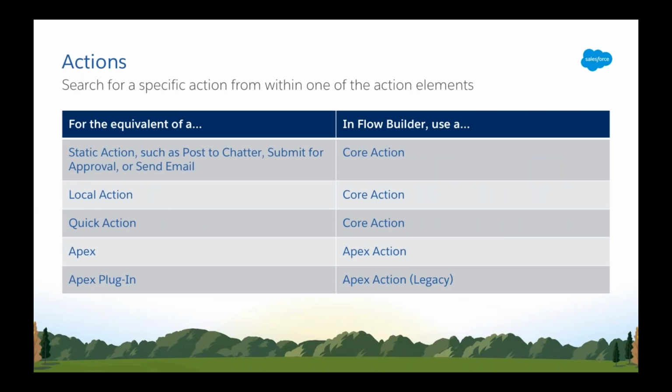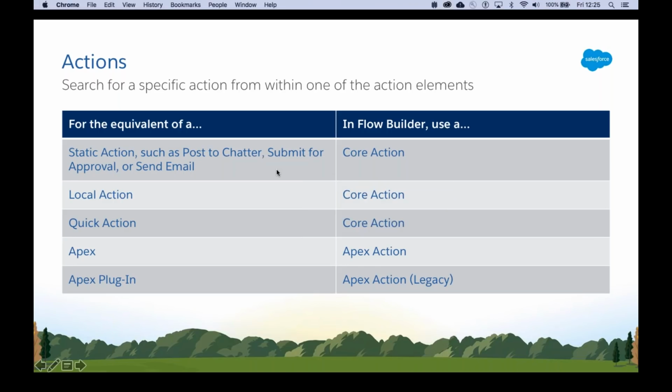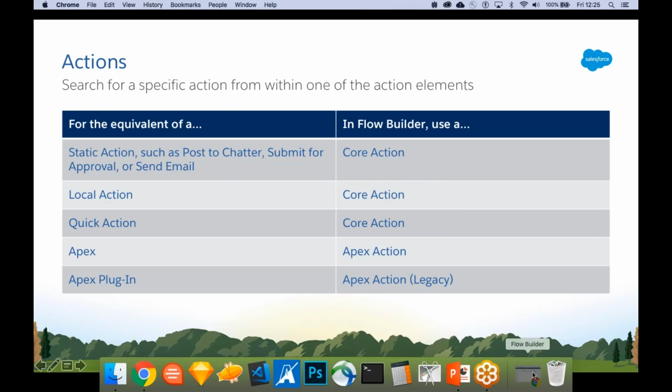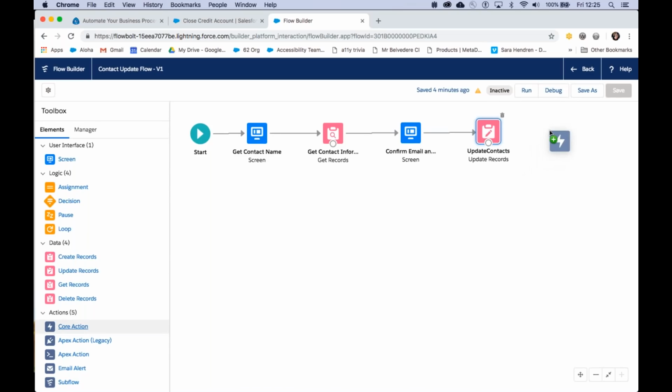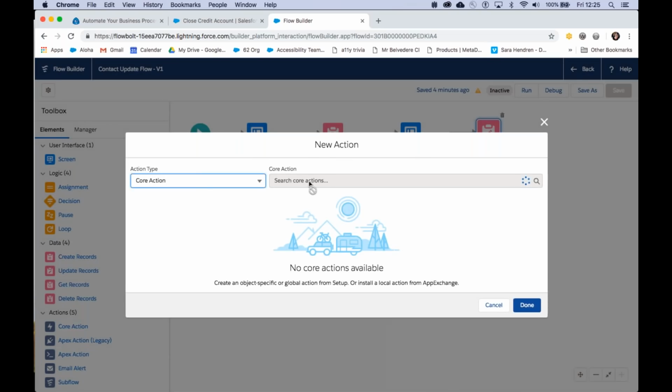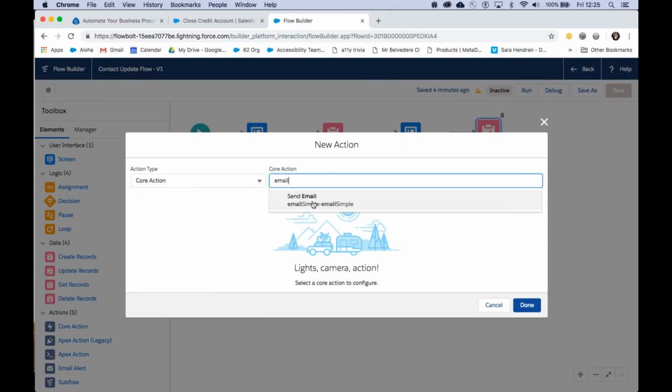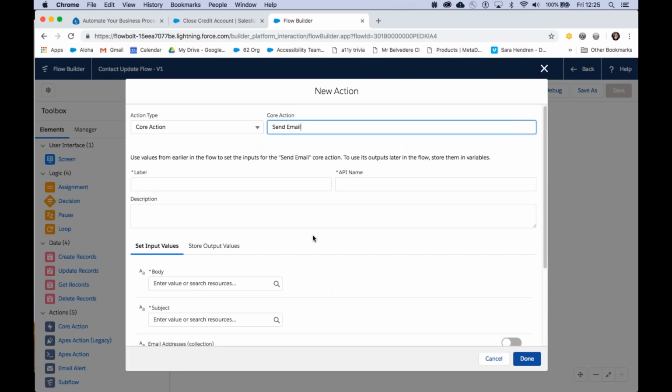For actions, we didn't really go into actions. In Cloud Flow Designer, we displayed all of the actions on the left-hand side, which was a lot, tended to be a little bit overwhelming. So we've cut it down just to the action types. And what will happen is when you actually go into an action, actually we can just flip back over there. When you go into and create an action, say we wanted to send an email after we updated the contact records, we can just search for send email, and so the action types are available right there.